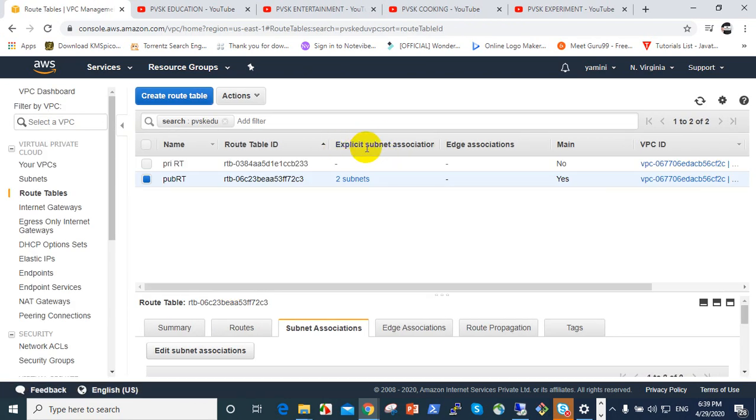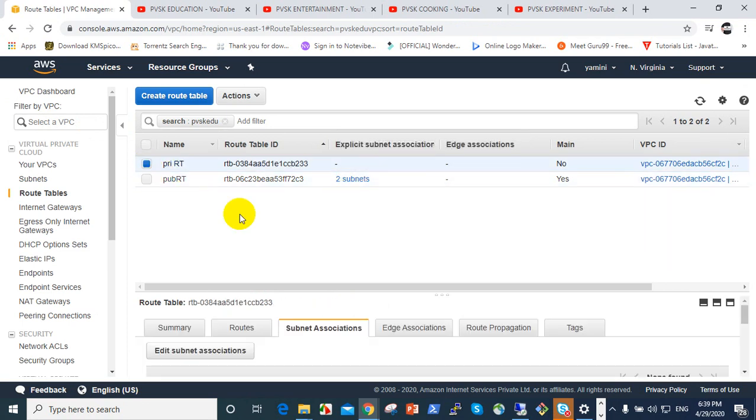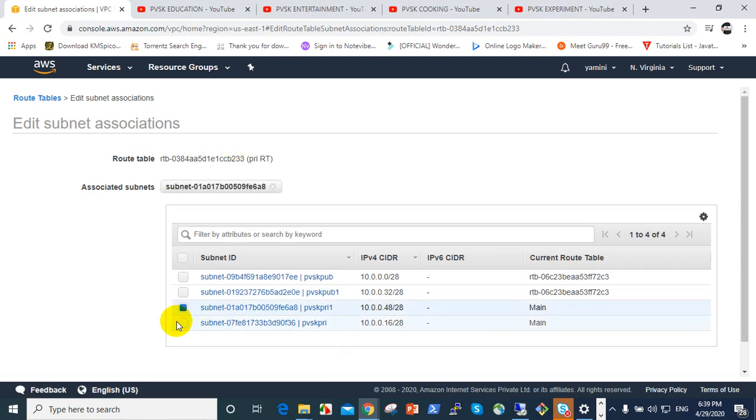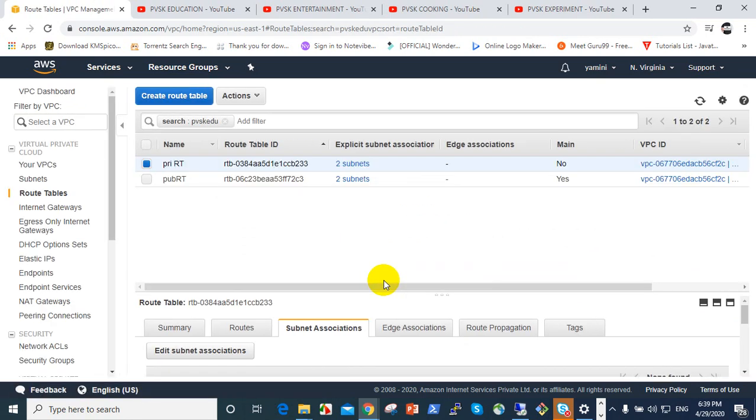Under explicit subnet association it shows the public subnets. Do the same for the private route table, and it shows the private subnets. Click save.